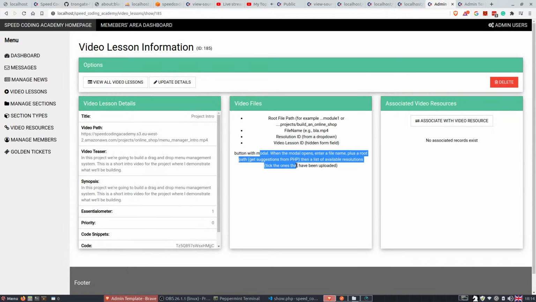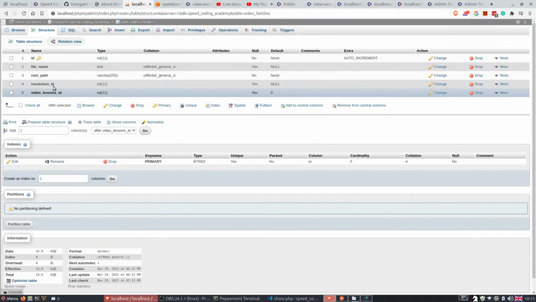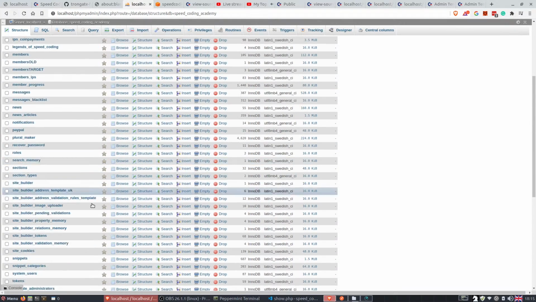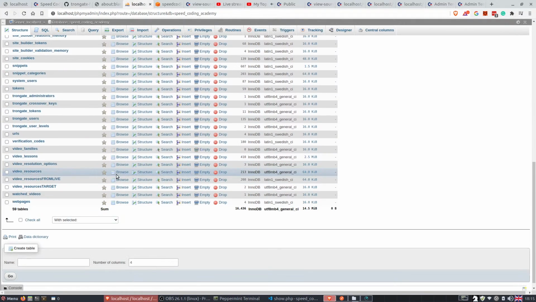Okay, so there's going to be a button with a modal. When the modal opens, we're going to enter a file name like picture.mp4 or whatever. I'm going to enter a root path. So I'll get a suggestion coming in for that. That will be something like Amazon S3 / module 1. Then there's going to be a list with all of these possible resolutions ticked. Each video resolution that is available is going to come with